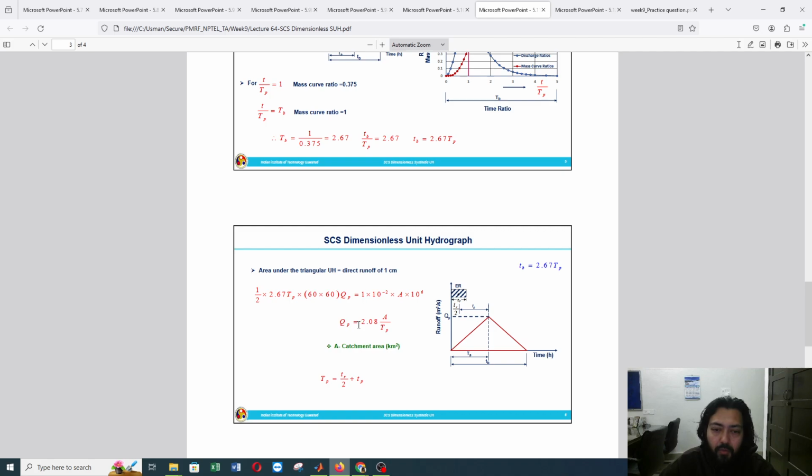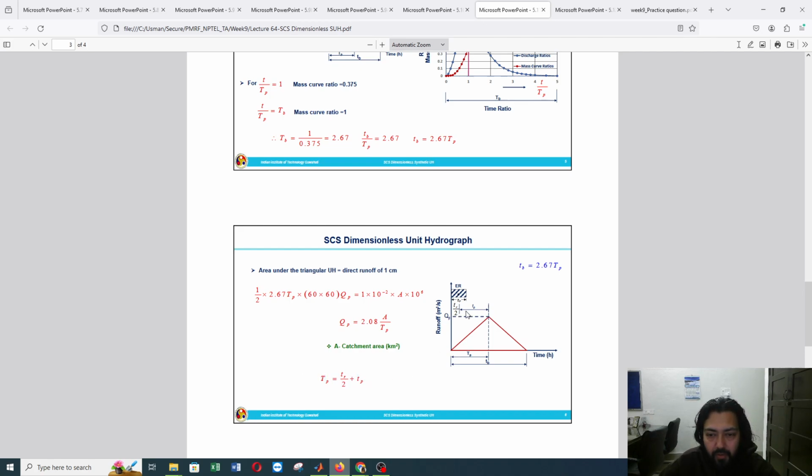So this is similar to what we have done for equilibrium discharge for the S hydrograph, right? The only thing that changes here is the time base. For an equilibrium hydrograph, the time base is equal to TB, whereas here the time base is equal to 2.67 of TP, right? So from the figure also we can calculate the time to peak. The time to peak is nothing but the time lag, basin lag, plus TR by 2, that is the duration of effective rainfall divided by 2. So this total is nothing but time to peak. So we got the equation of time to peak.